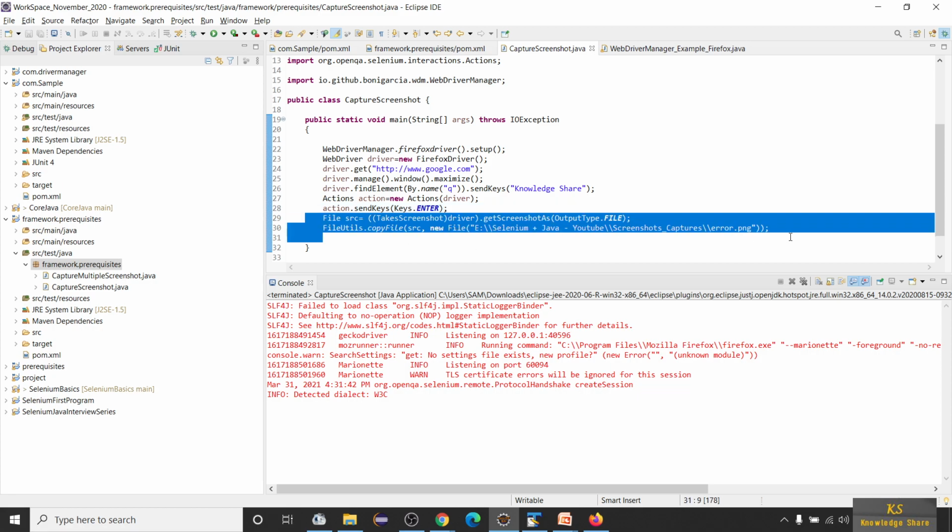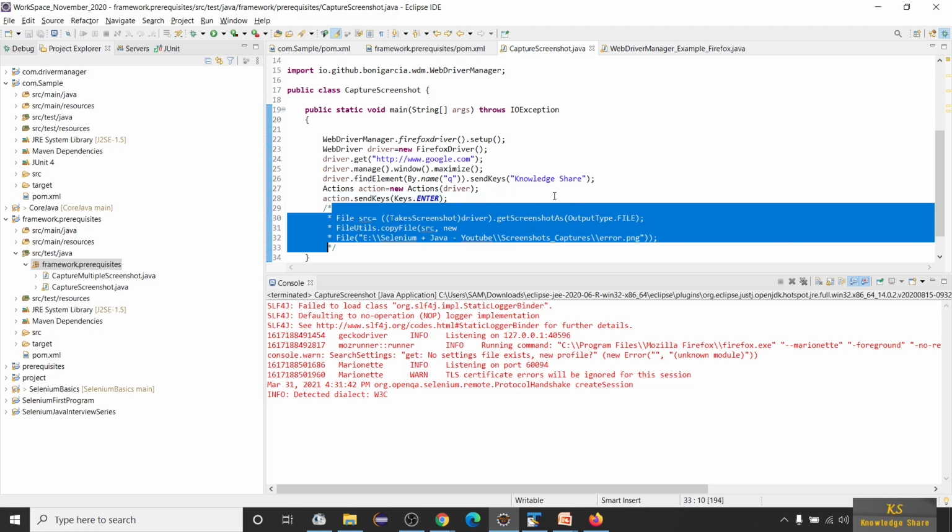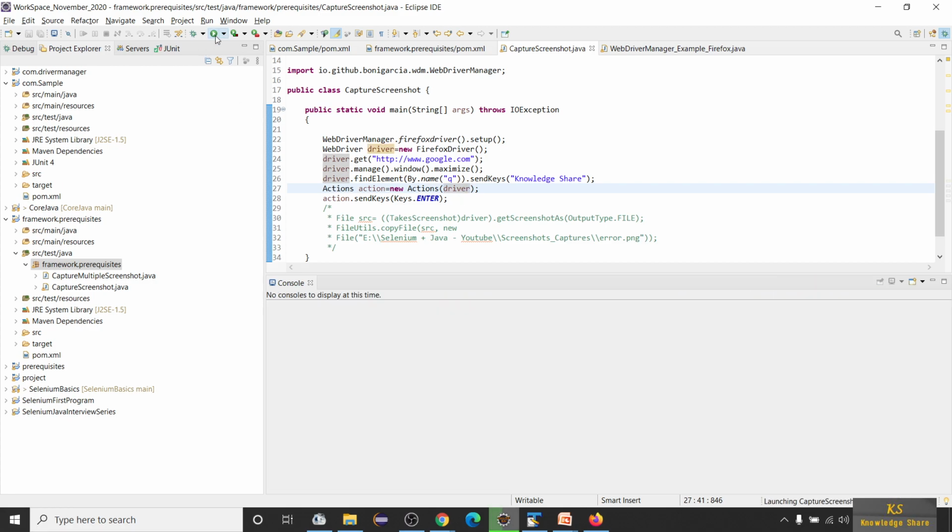So let me comment this and let me see how this page is working. Then we will jump to capturing a screenshot.